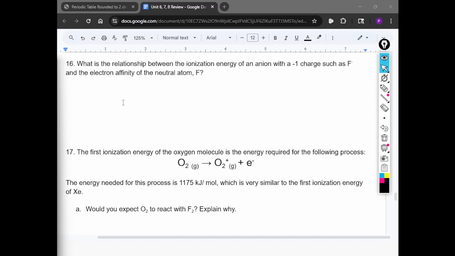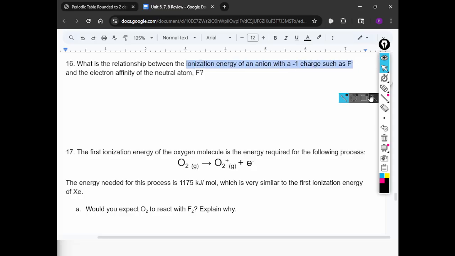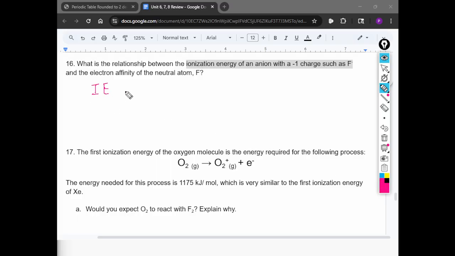Okay, so the question is asking, what is the relationship between the ionization energy of an anion with a -1 charge such as F-? So we'll stop right there. So it's basically asking us to compare 2 things. The first thing is the ionization energy of something like F-, okay? And then it's asking to compare that with the electron affinity of a neutral atom like F, okay? So I'll write electron affinity,